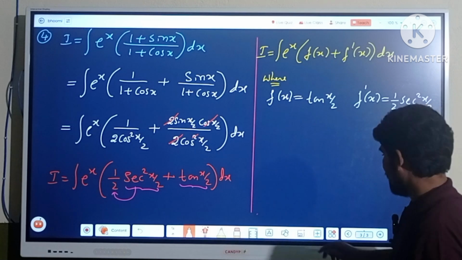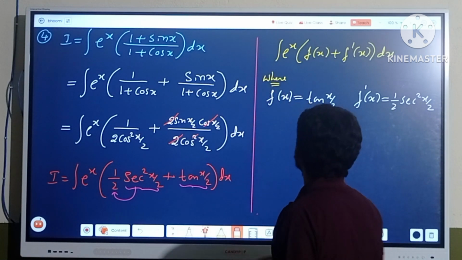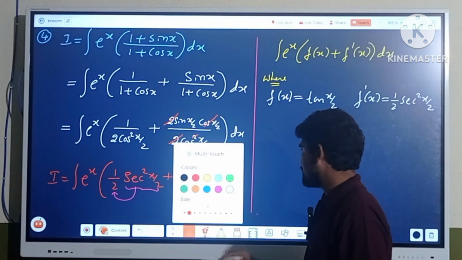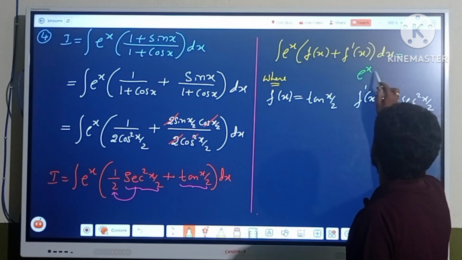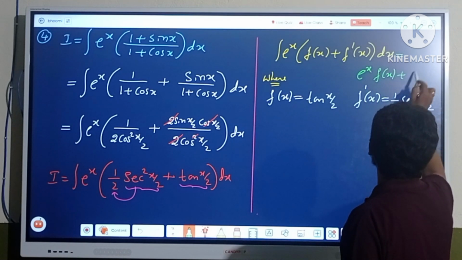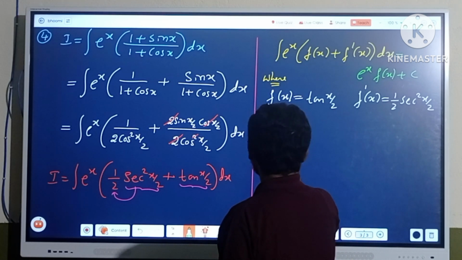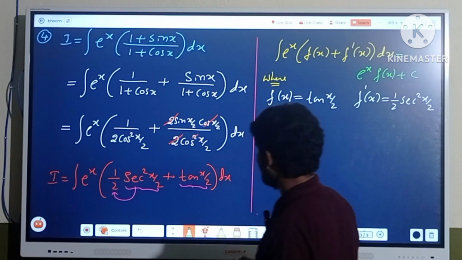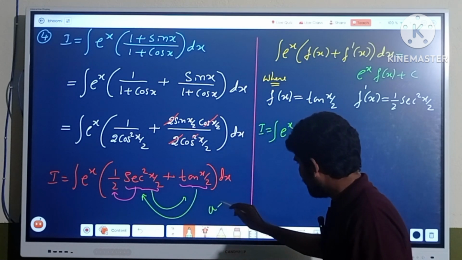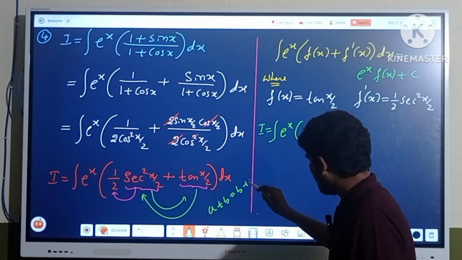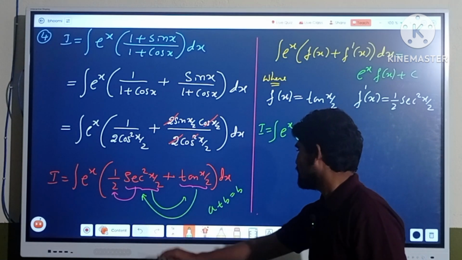And we know that if a function is of the form e power x into fx plus f dash x dx, then its answer is what? E power x into fx plus c. So therefore the formula for I, that is what? Integration of e power x into tan x by 2, we can write this on this side, because a plus b is equals to b plus a. So therefore I can be expressed as,